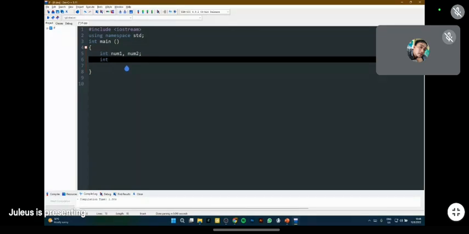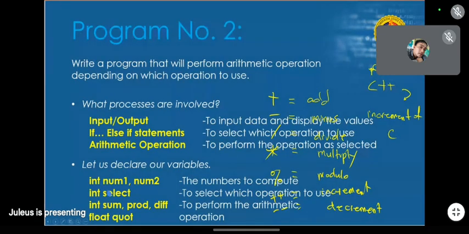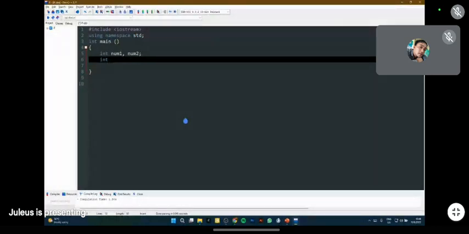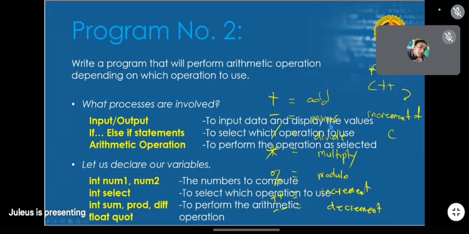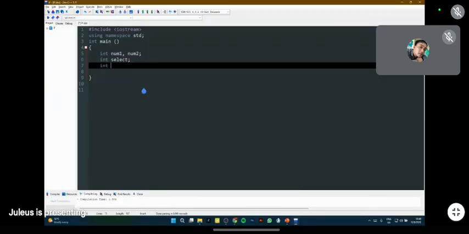So for the meantime, let's declare the variables. We have int select. So we are going to create a variable for us to be able to select whether plus, minus, divide. So let's call it select. And then we have another integer for the values, sum, and then difference, product, etc. So for example, we have int sum, product, difference.